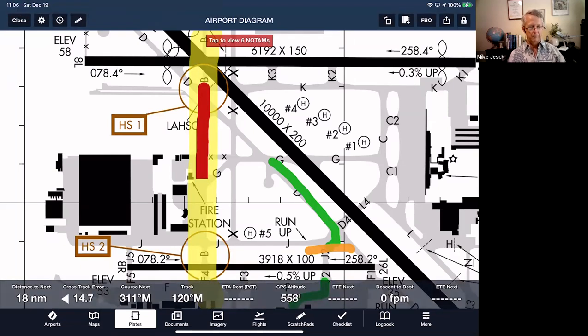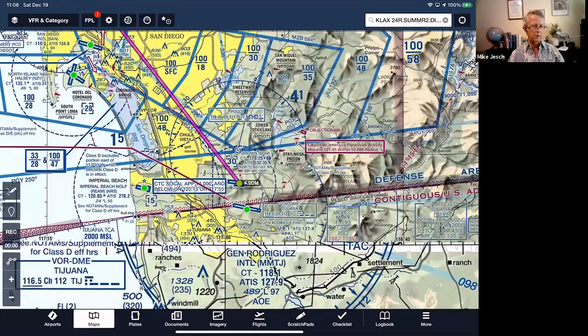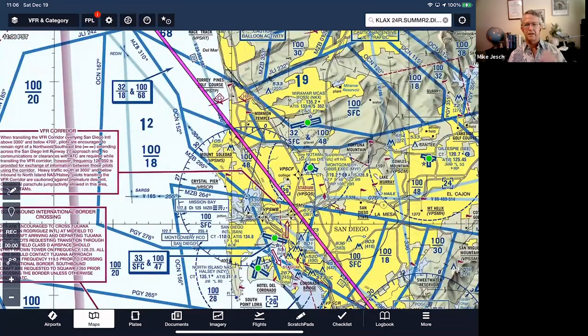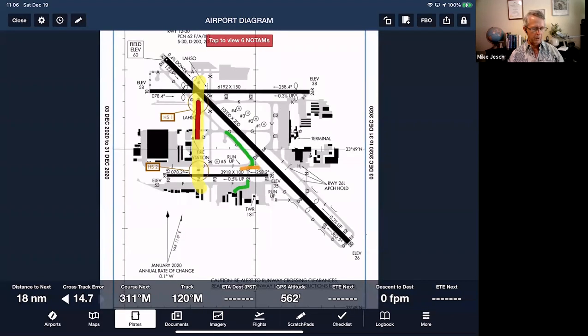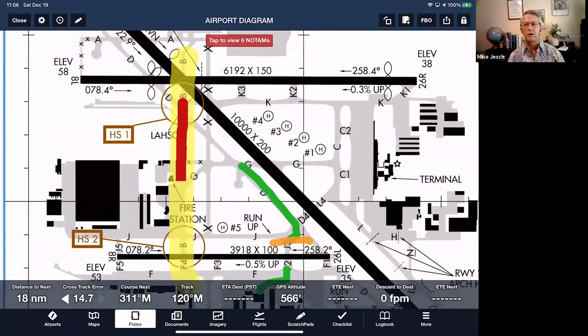Now that's basically permanently marked on my taxi diagram. I can go about my business. I can look at my charts. We can fly the whole flight. When we land in Long Beach and the taxiway diagram gets automatically displayed after you slow down on the runway for landing, it's going to take us back over to the taxi diagram, and I'm already going to have that marked. So this should be part of your flight planning to contemplate any construction going on in the airport,